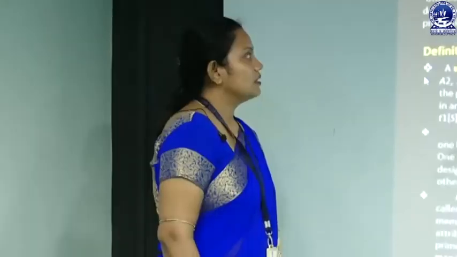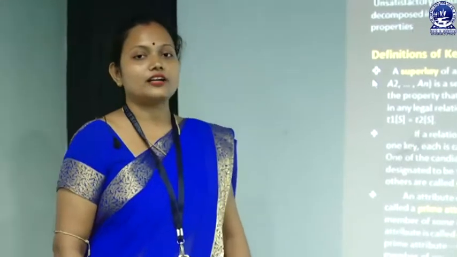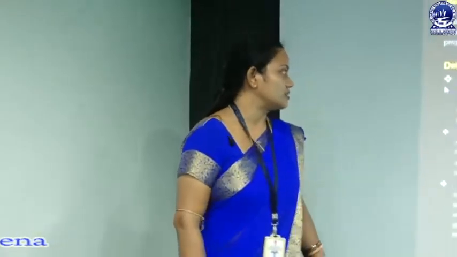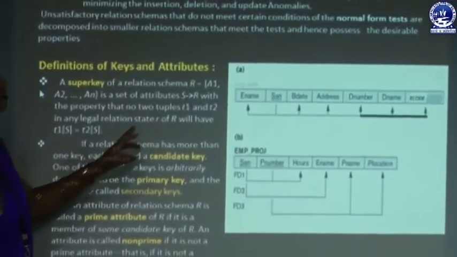First we have to know what different keys are used for normalization, then we have to know the different types of normalization. This is another definition of normalization, that means normalization of data is to achieve some properties. These are minimizing the data redundancy in the relation and minimizing the insertion, updation and deletion anomalies in the relation. Then we have to know the different keys in normalization. So these are the different keys, and here we can explain each and every key by using one example.